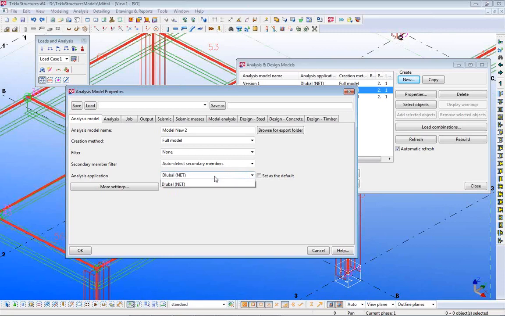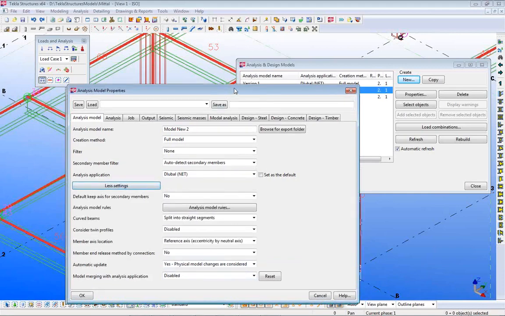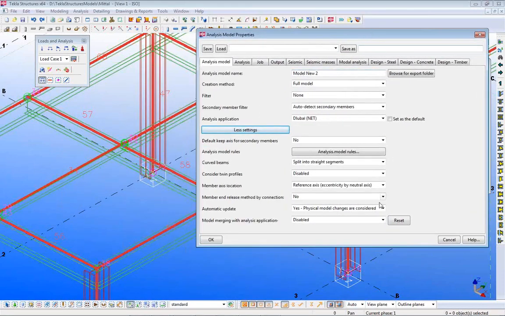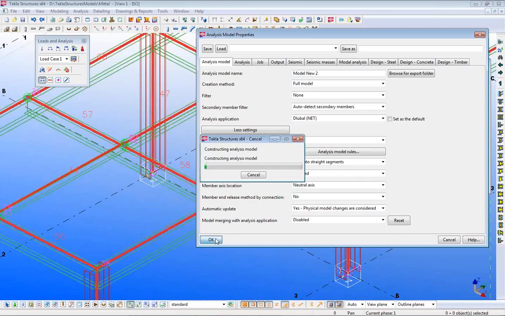There might be other interfaces listed in Tekla to use. And then we have more settings. In those settings, we can set up the reference axis and member axis location, and this is an important thing. Now it's set up as reference axis eccentricity by neutral axis. I can also use, for example, the neutral axis. If I do this and click OK,